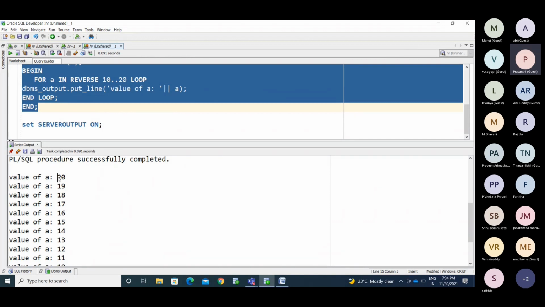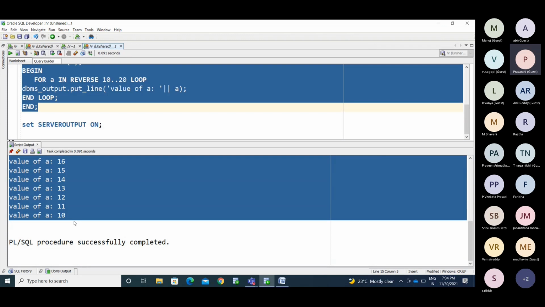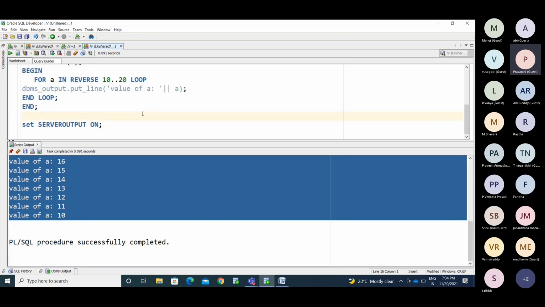It is performing from the last value down to the lower bound you mentioned. So the reverse for loop will help you in that way. So this is about the normal loops.